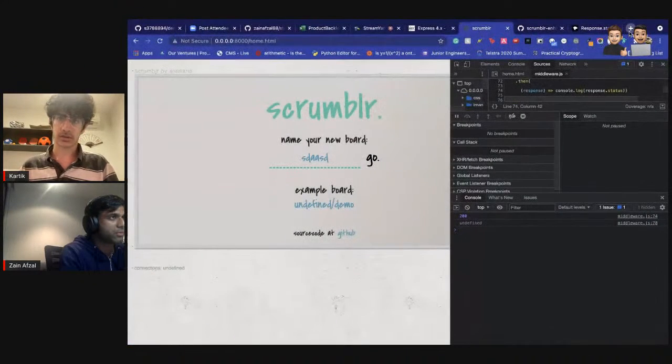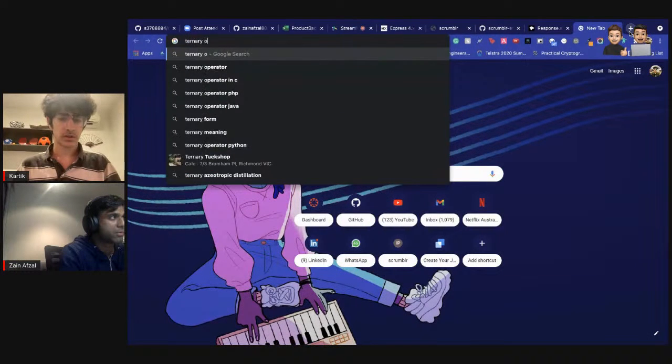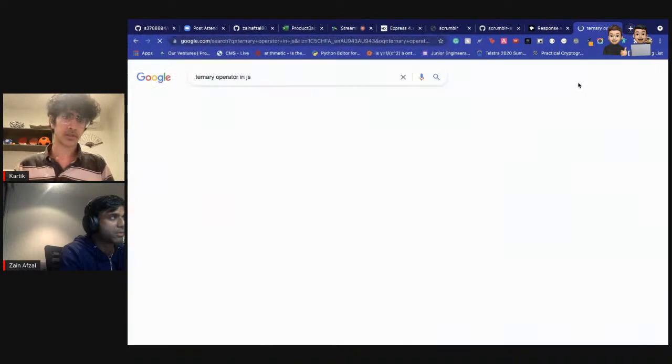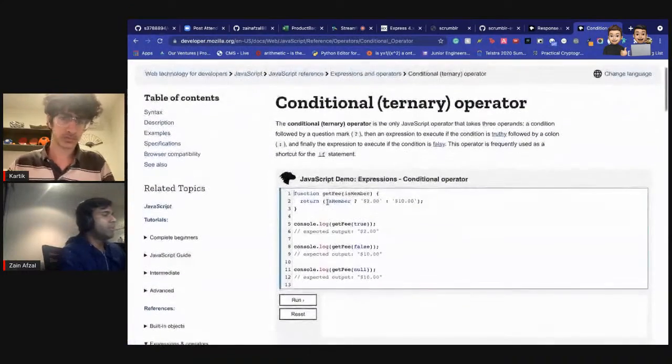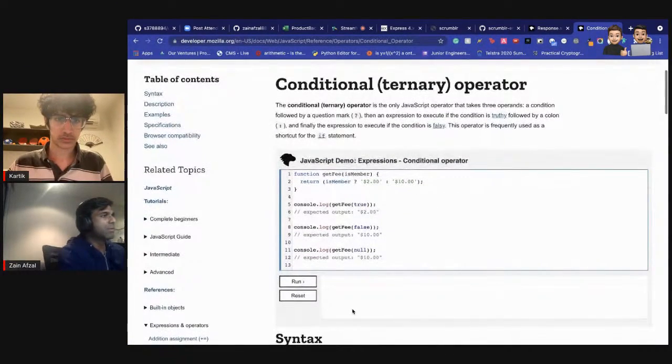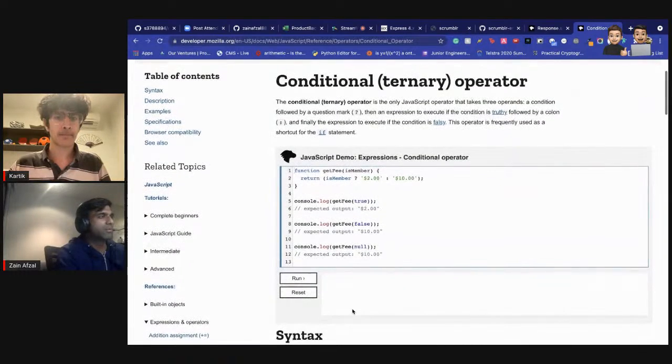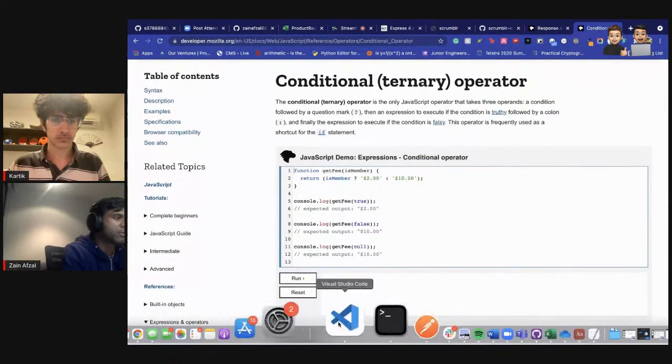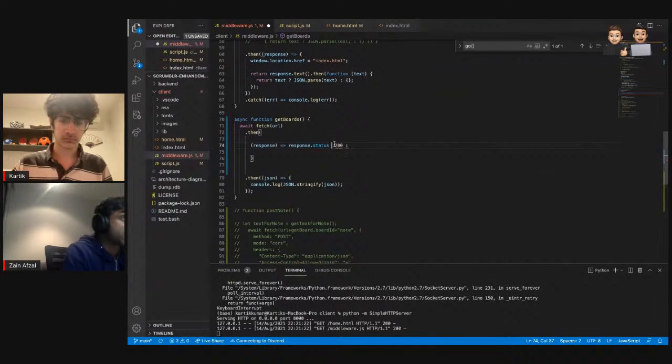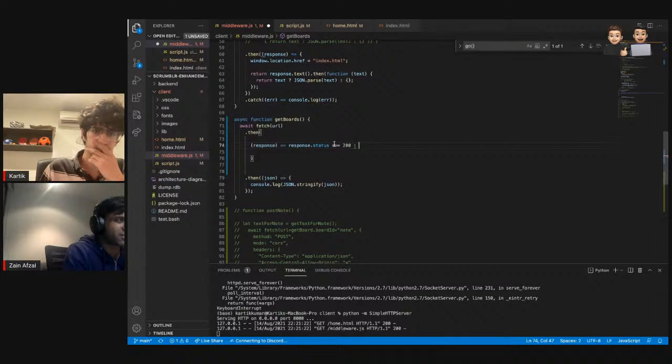Let's go back to basics. Type in response. Is the status field an integer itself as well? I really don't know, but it seems like it.